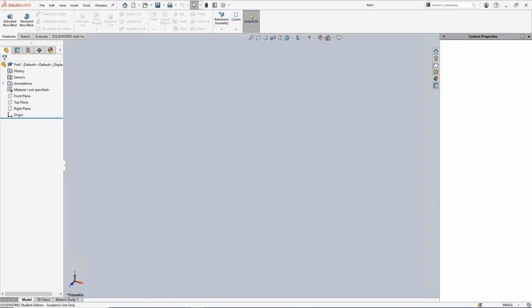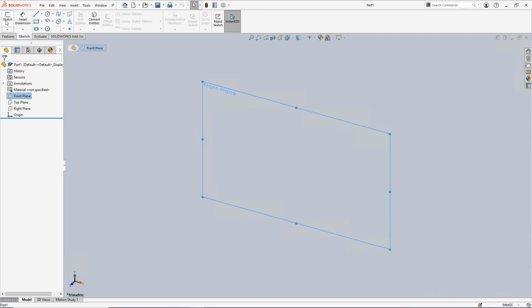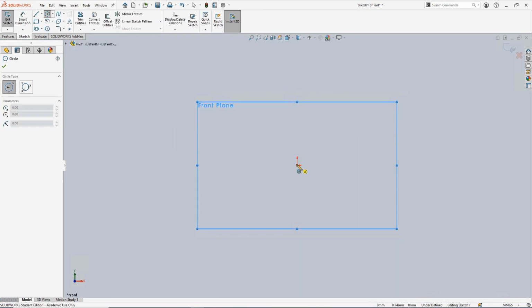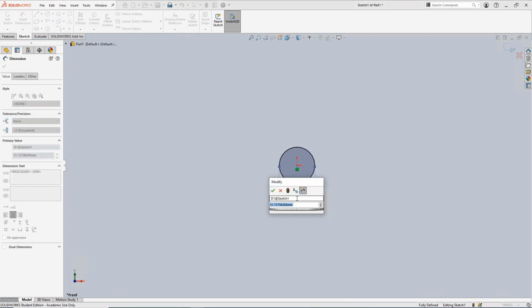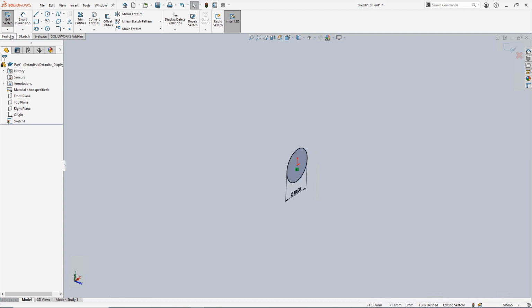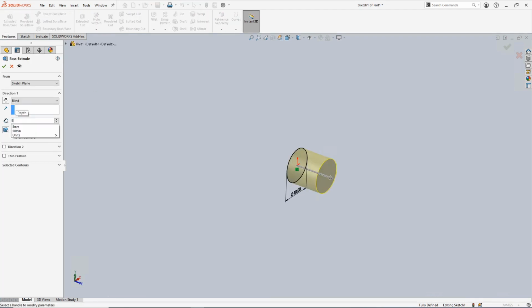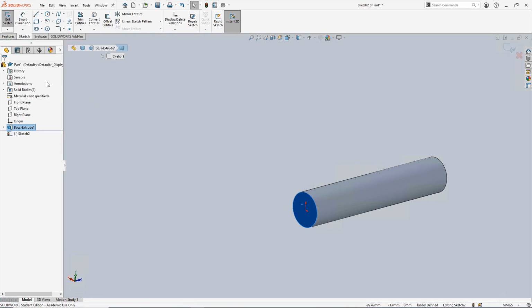Okay, now have a look at how we can use swept cut. So first we need to create the simple bolt geometry. I'll start a sketch on front plane. Let's just simply extrude a circle with 10mm diameter, so we are making a metric 10 bolt up to 50mm length, and then at this phase we will also be adding